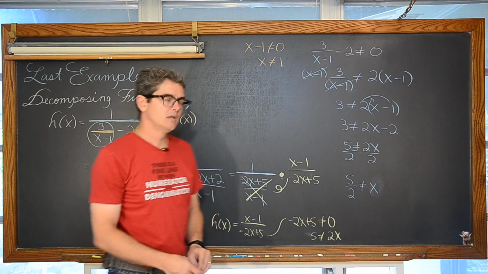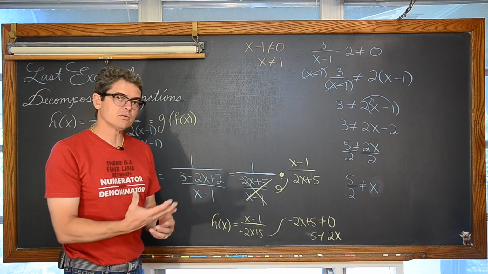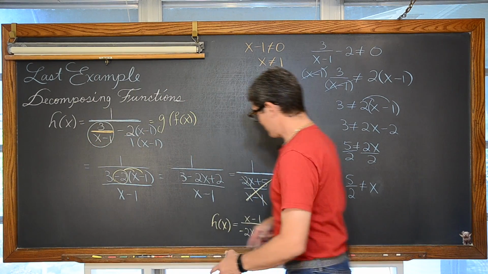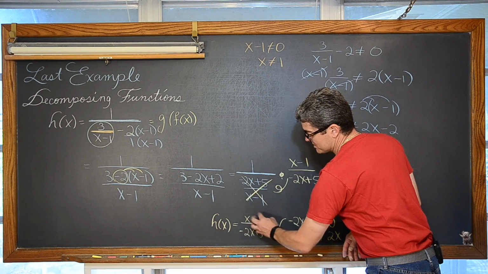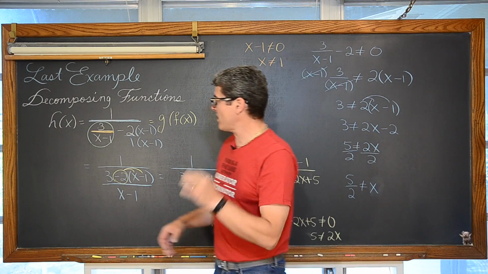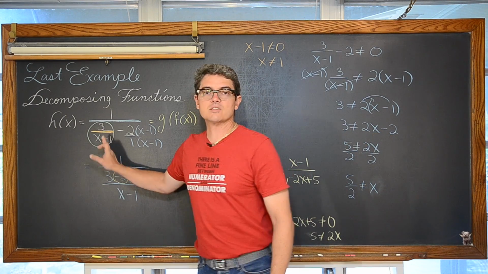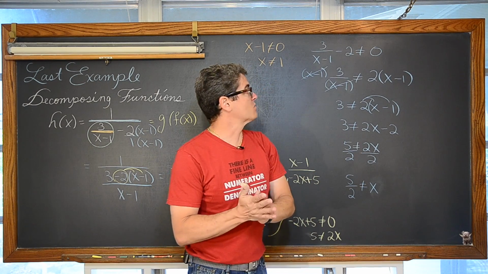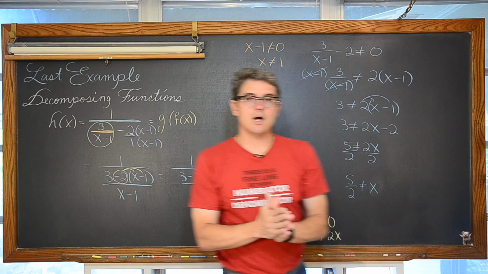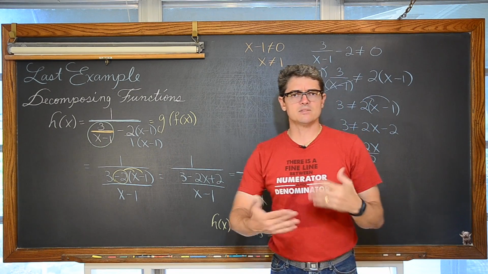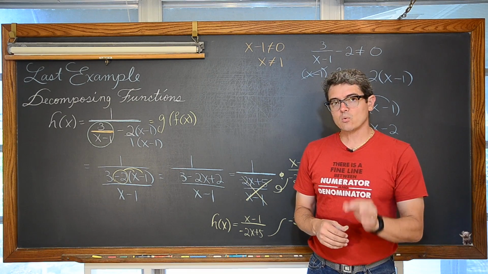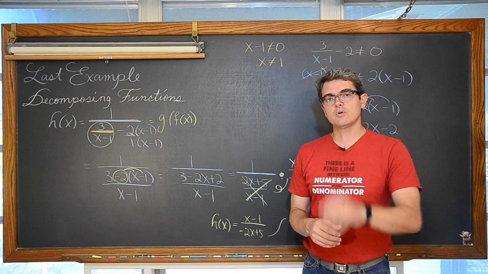I'm going to get a partial answer to the restriction on the domain, but through the simplification process, we have lost the fact that in the original problem, we had a denominator of x minus 1 and a whole denominator of 3 over x minus 1 minus 2. So when you do your composition of functions, and indeed when you add, subtract, multiply, and divide, especially with your rational functions, make sure you find that domain before you go to simplify.